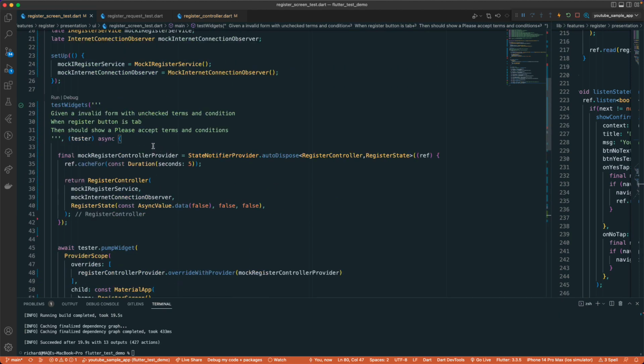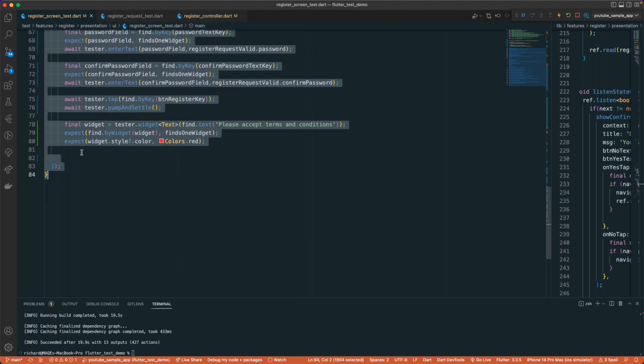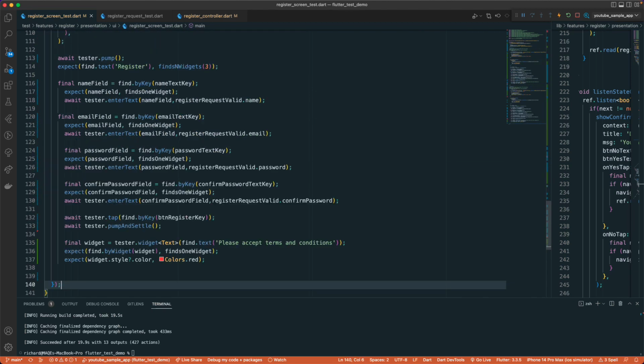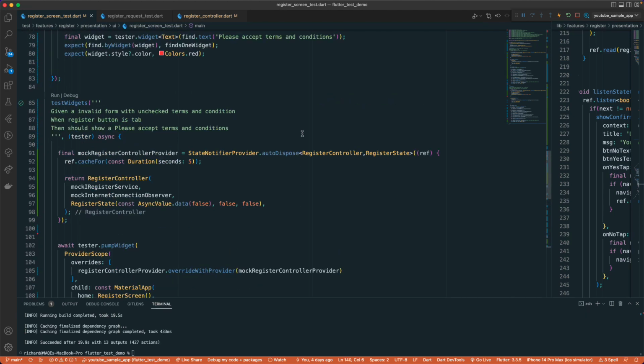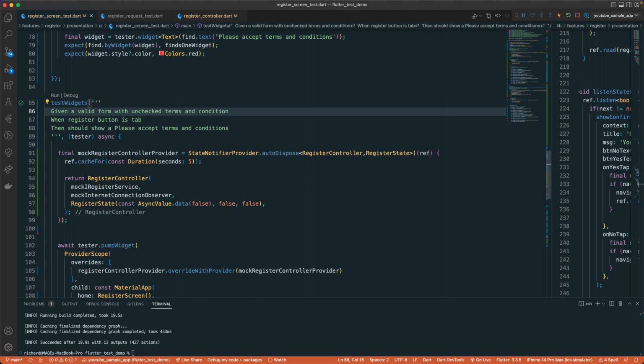So let's go and grab all of this from here, and paste it just below. The next thing we will do is change the name, or the description, of this. I will just say: given a valid form, with